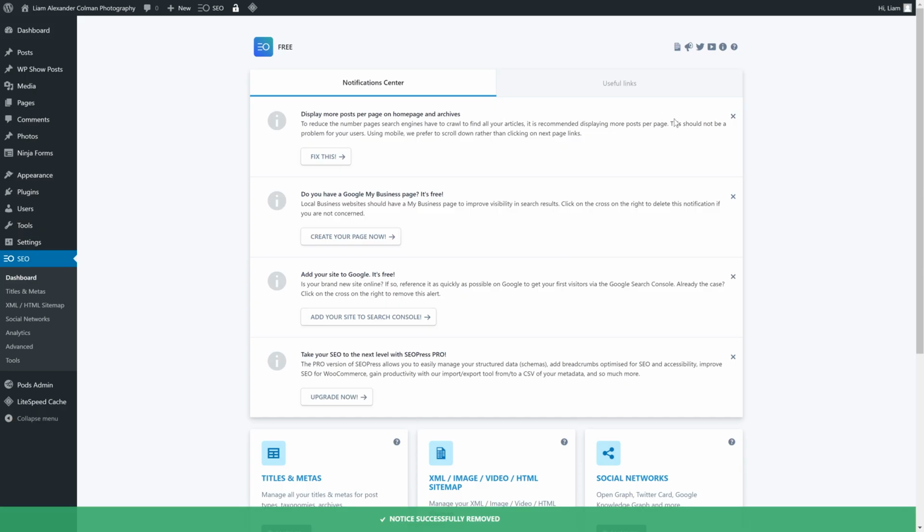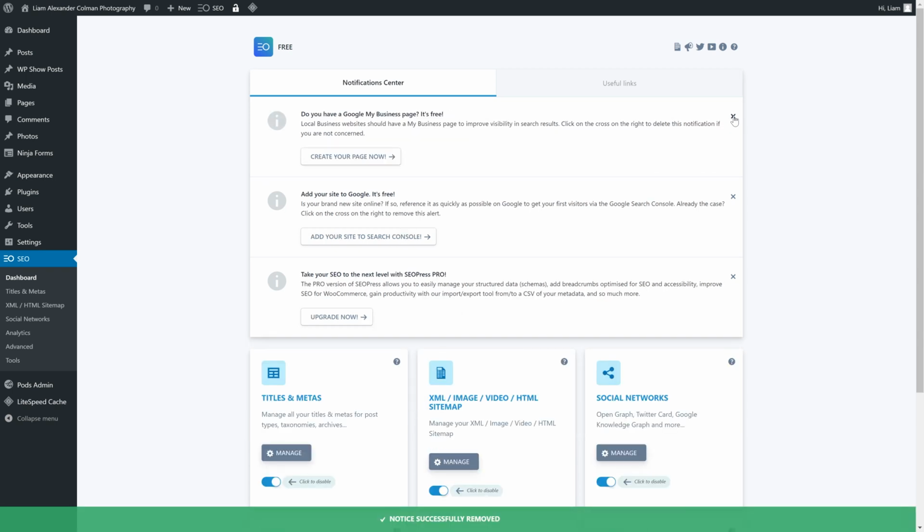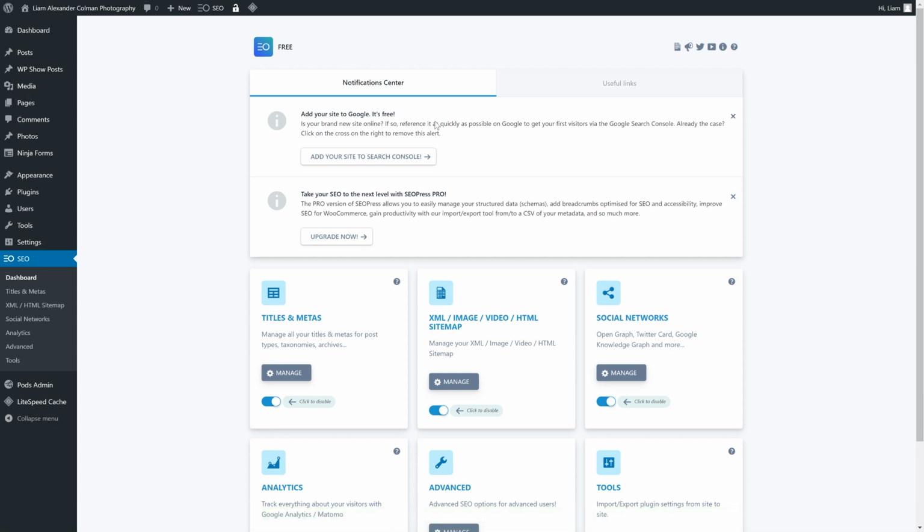The next two notifications are irrelevant to me because I'm not displaying my posts using the default WordPress posts page. I'm doing it using WP Show Posts, and I also don't own a Google My Business account, so I'll just dismiss them. There's one last thing SEOPress is telling me to do, and that is to add my website to